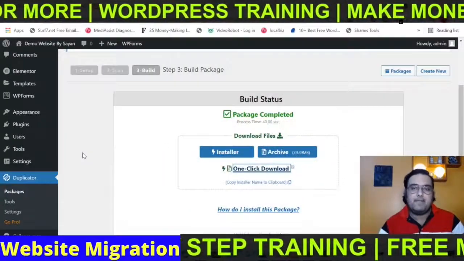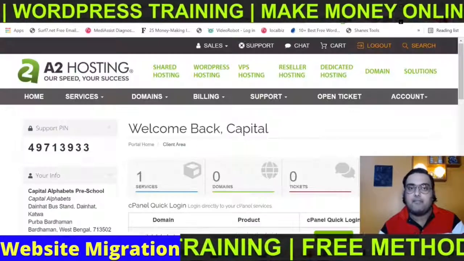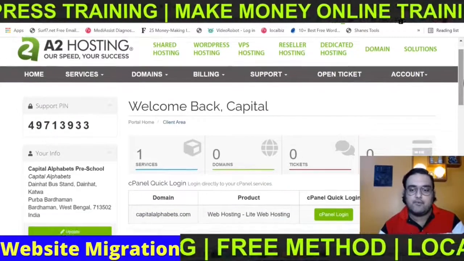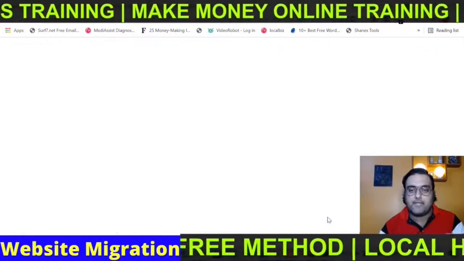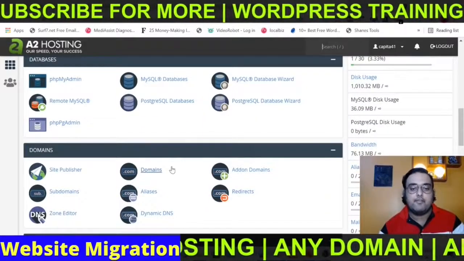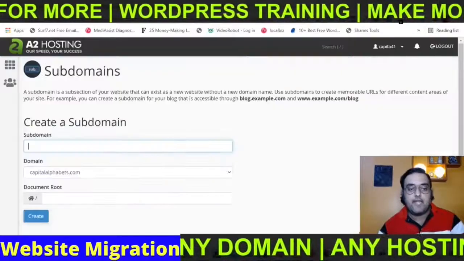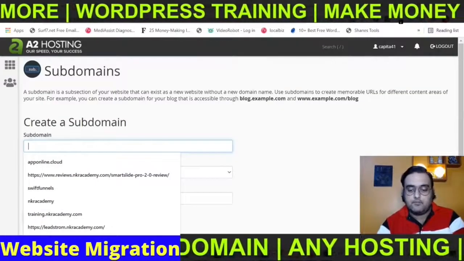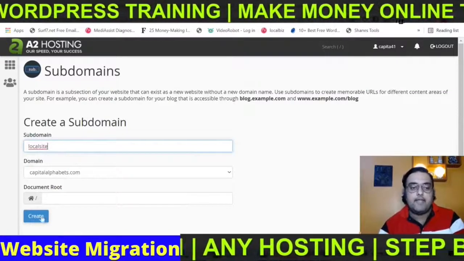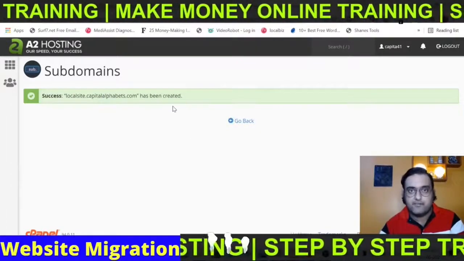Now, in the fourth step, as we had discussed, it's time for us to actually create a brand new subdomain or point to your domain, right? Since I'm going to use a subdomain, I need to log into my cPanel. In here, within the domains, you can just go ahead and add a subdomain. So for that, click on subdomains and give it a name, say, for example, local site, right? And click on create. And that's it. You can see that the subdomain has been created.